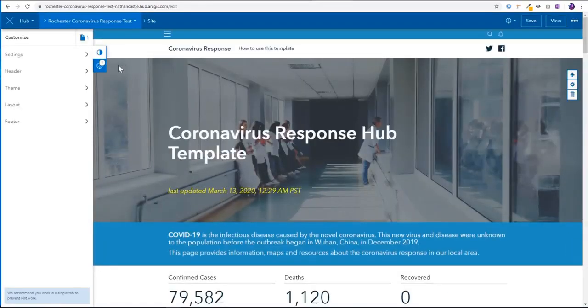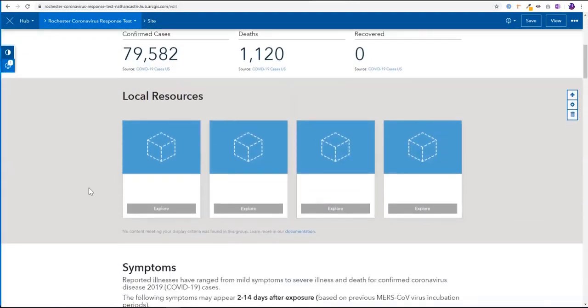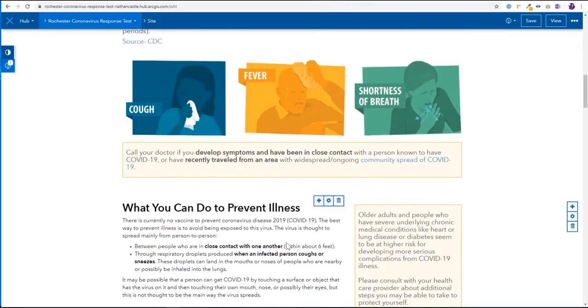So now that I've launched this, you'll see I'm opening up into the site editor. This is the main editing page for your entire template for your site. You have a few options here. I'm actually going to toggle this side panel back using this half moon button here on the side, just to show you that this is the same template that we ran through before, but now it's within your own site,